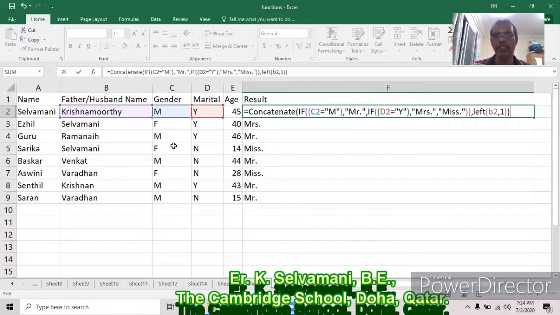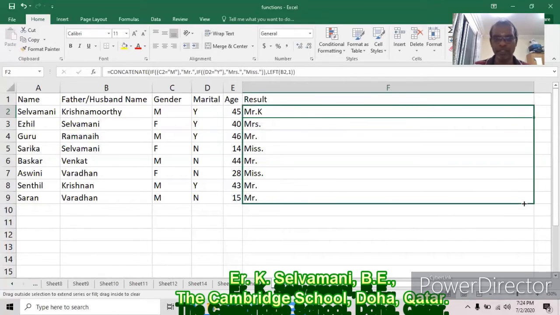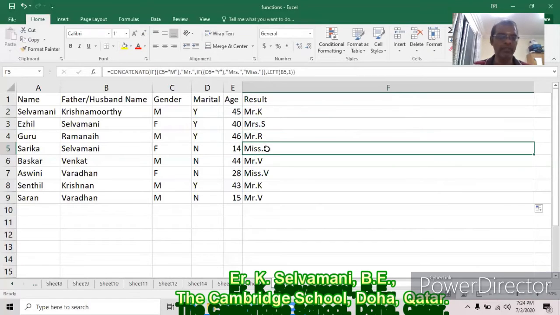At last, this bracket goes for concatenate. This, from IF to this, gives either Mr., Miss or Mrs. LEFT of B2, 1 gives the first alphabet of the father or husband name. Now see, you can drag it here. Mr. K, Mrs. S, Mr. R, Miss S comes.